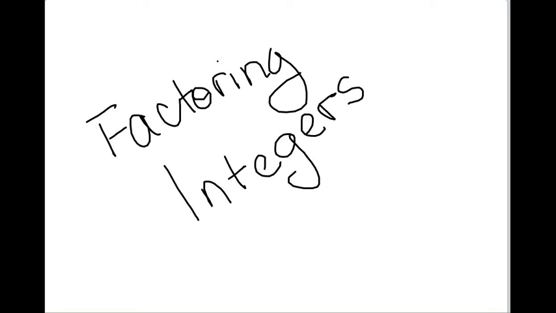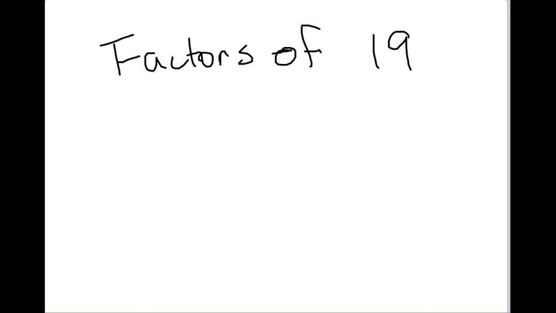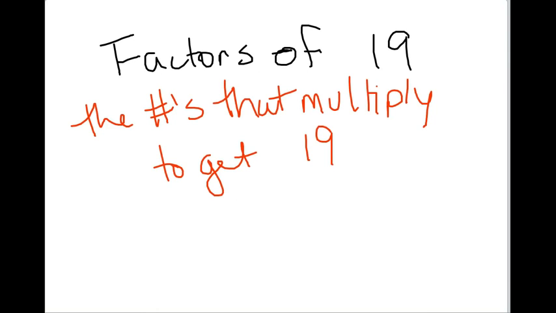Hey, so today we're going to do factoring integers, and we're going to talk about prime factorization and greatest common factors. So hopefully some of this is still a bit of a review and nothing too new, but still fun and exciting. So if I wanted the factors of 19, that really means that I want the numbers that multiply